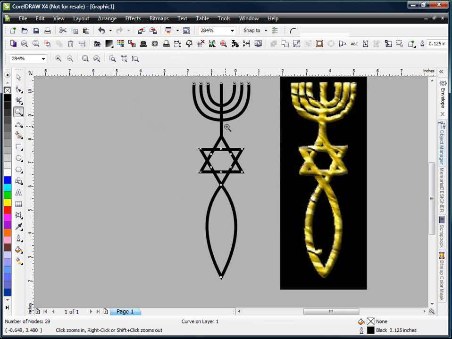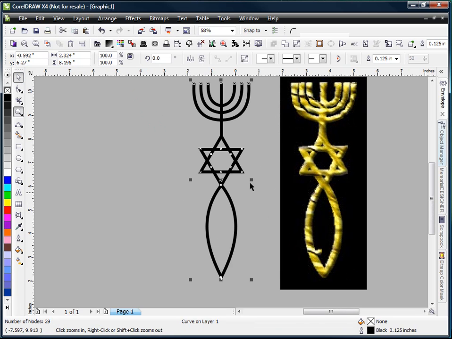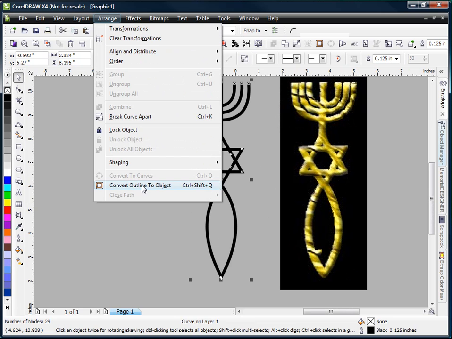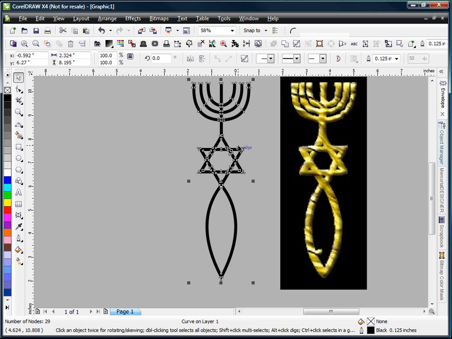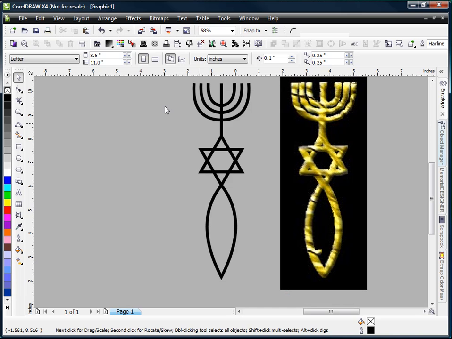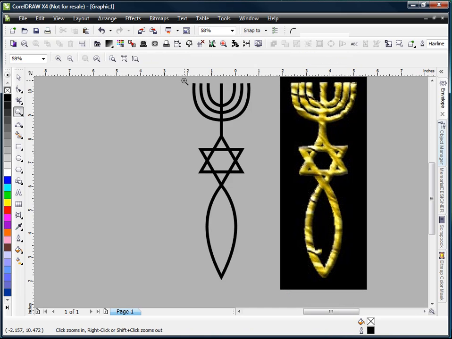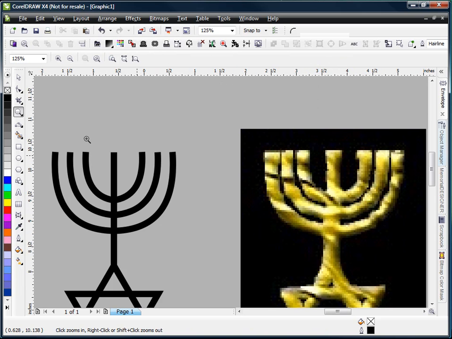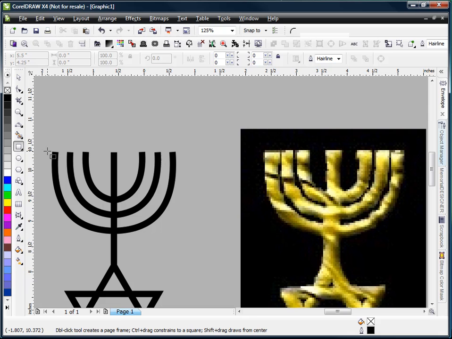So now that it's a point, once we've got that all done, just the way that we want it, you can thicken the lines if you wanted to. Basically, you just go up to Arrange, hit Convert Outline to Object, and now if I go to wireframe view, you can see that that's now cuttable. One thing that we might want to do to match is typically there's little boxes up here, so we might want to just draw the little boxes